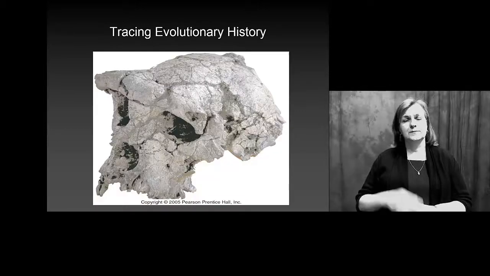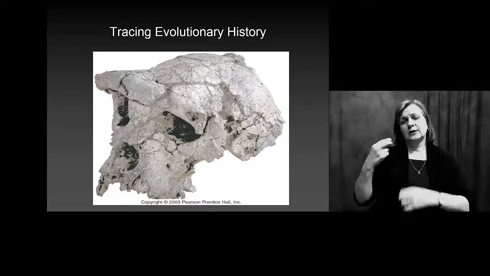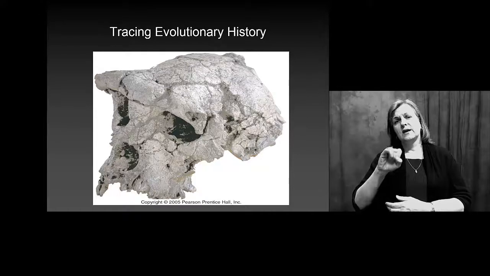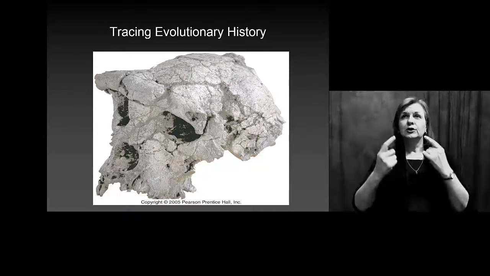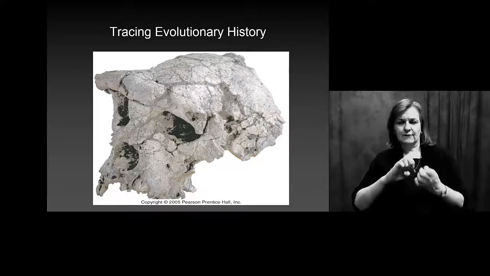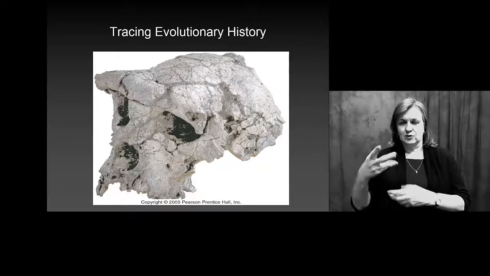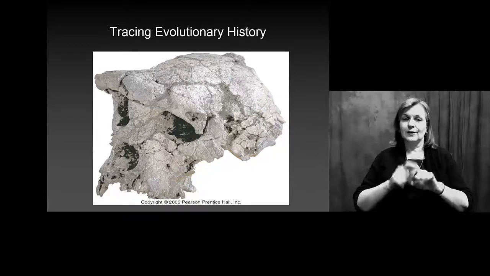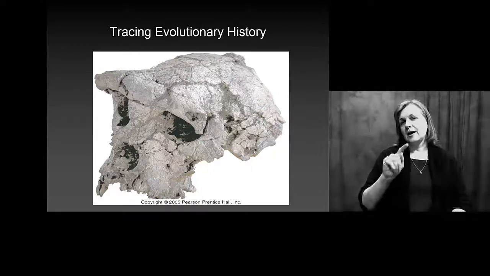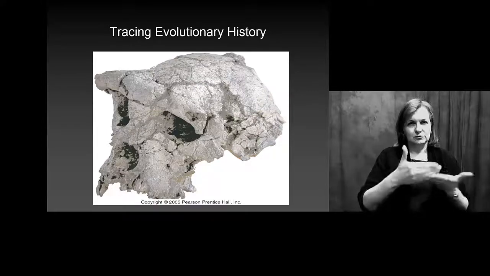When we look at evolutionary history, we consider fossil records, of course, and we'll look at some of that, but we also need to consider the fact that we are not only considering the living organisms that are present, but we also have to consider the abiotic factors, or the non-living components.